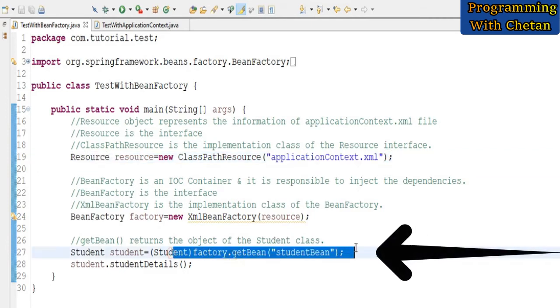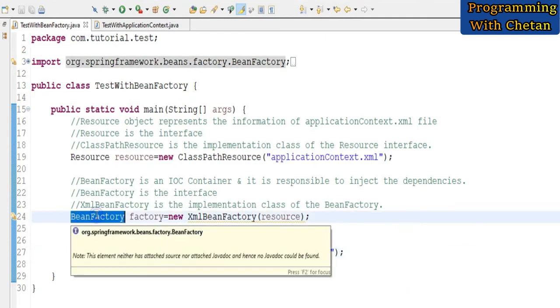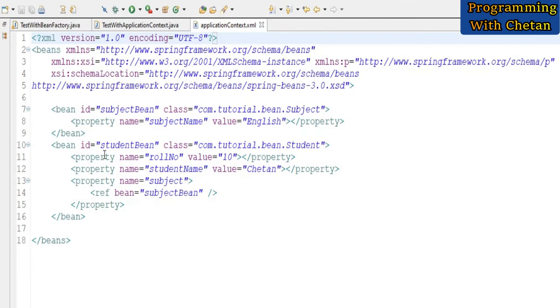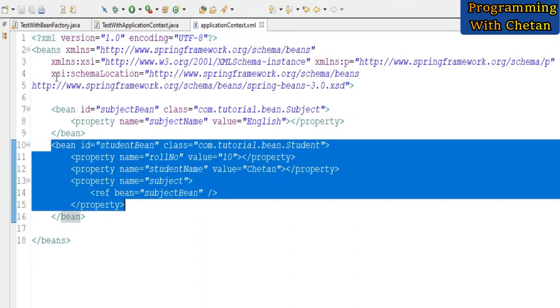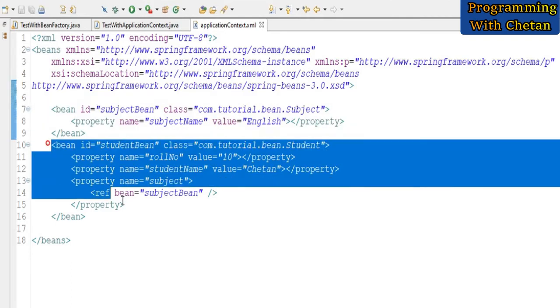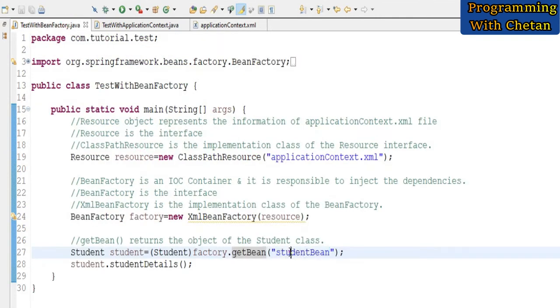Now in this statement you can see that we are using the getBean method of our BeanFactory IOC container, and inside our getBean method we are providing the ID of our student bean which we have defined inside our applicationContext. So this is our configuration file, and inside our configuration file we provide the bean definitions. So this is the ID, that is studentBean, which we have provided for our Student class, and this is the ID which we are providing inside our getBean method.